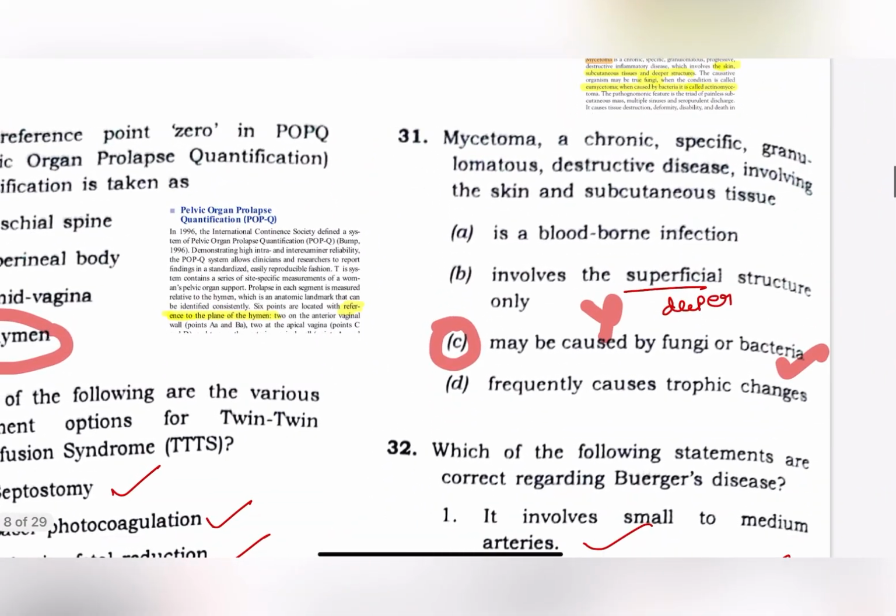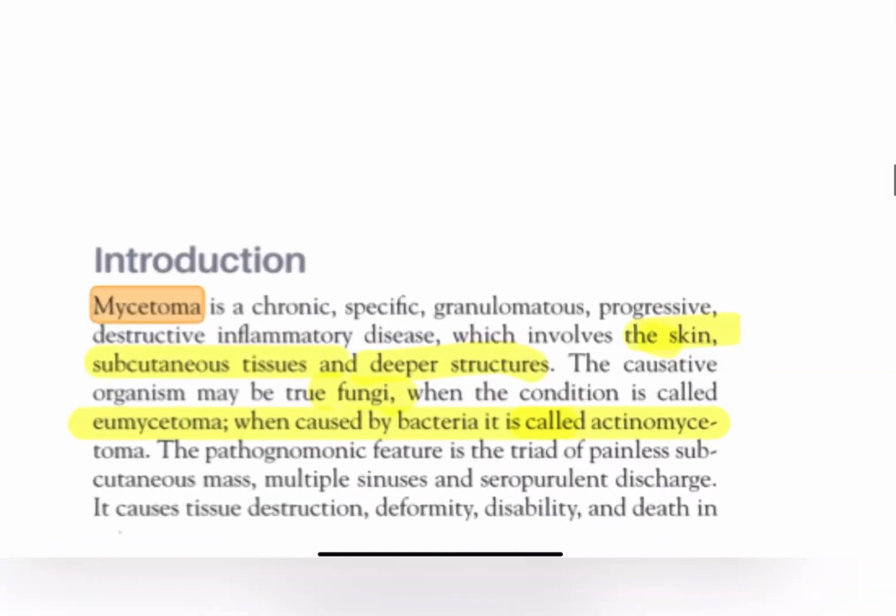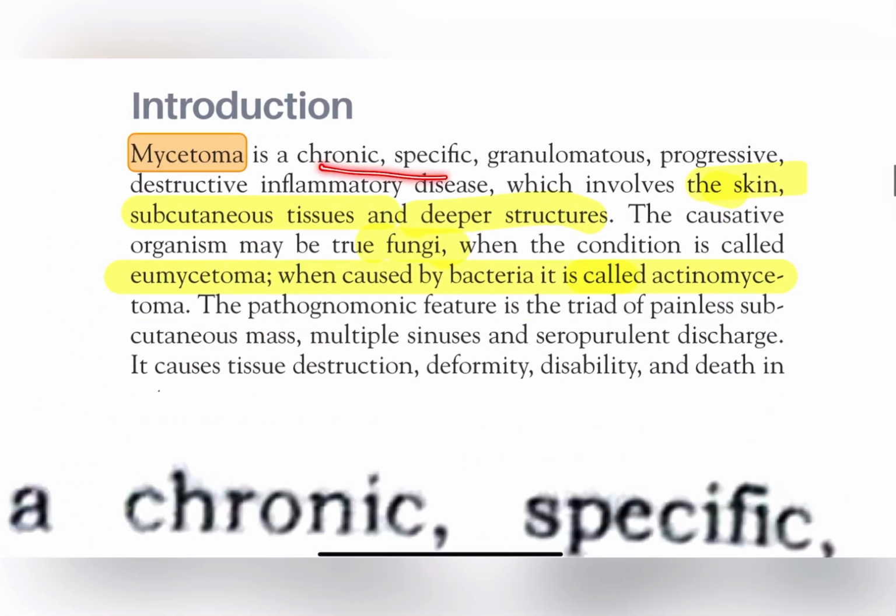Then mycetoma, they are asking statements about mycetoma. Mycetoma is actually a chronic specific granulomatous disease. It involves the skin, subcutaneous tissue and the deeper structures. If the causative agent is fungi, it is known as eumycetoma. It is caused by bacteria